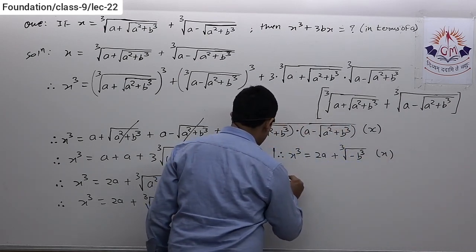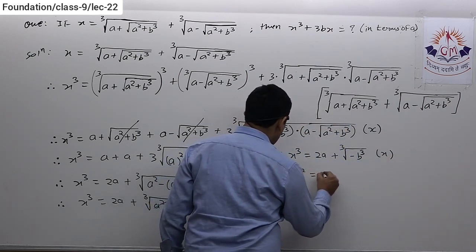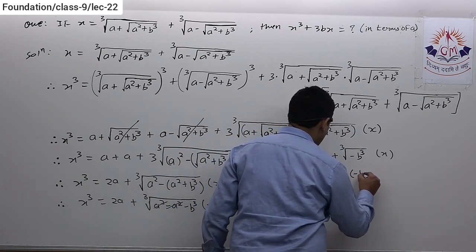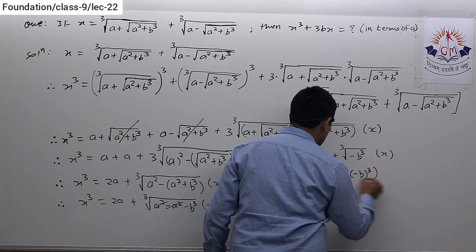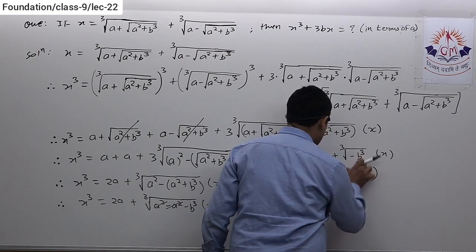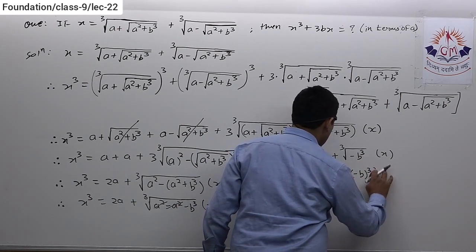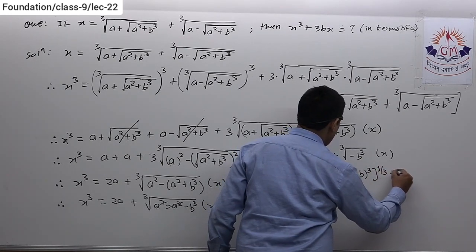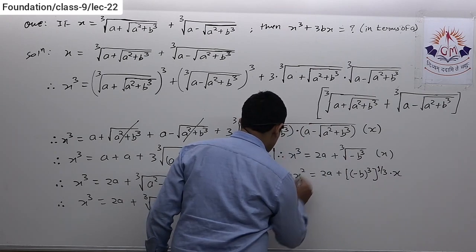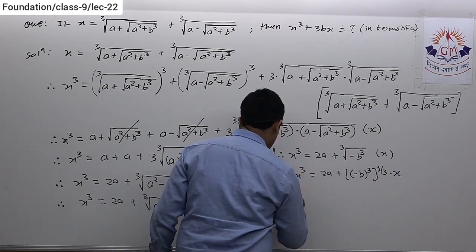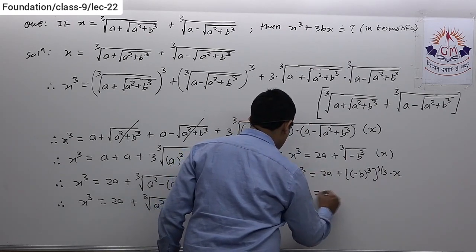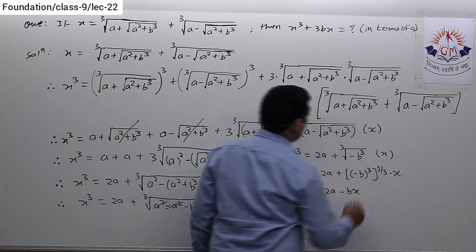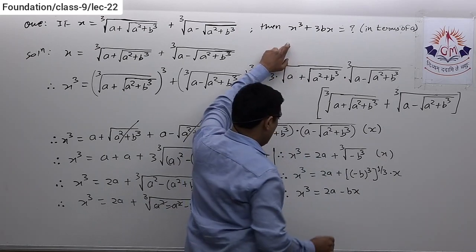Okay, so here further simplification gives me x cube is equal to 2a. Now this can be written as minus b raised to 3 raised to 1 by 3, this cube root means raised to 1 by 3, multiplied by x. So here I will get x cube is equal to 2a minus bx, and what we need to find,